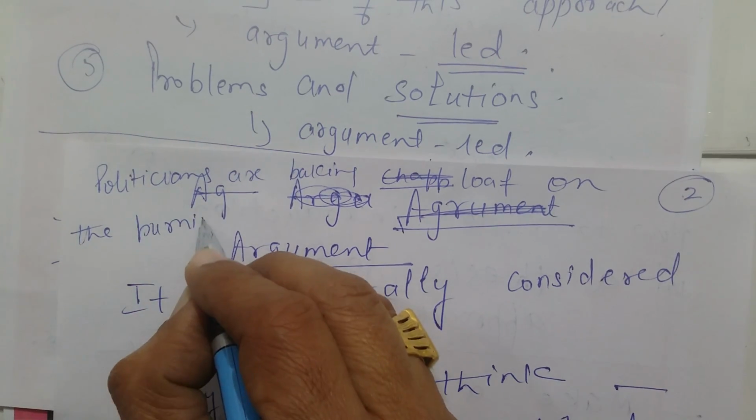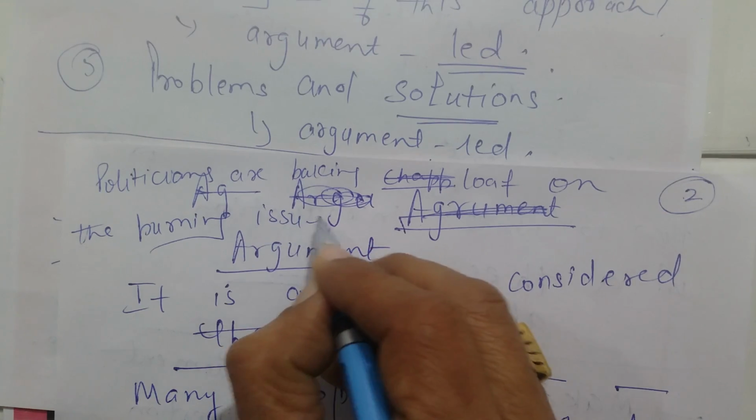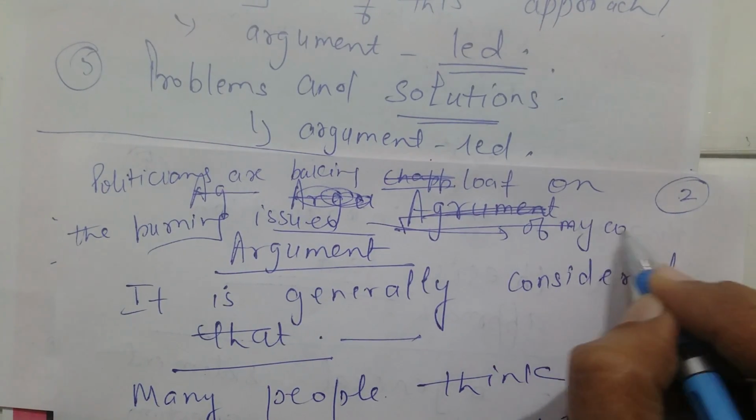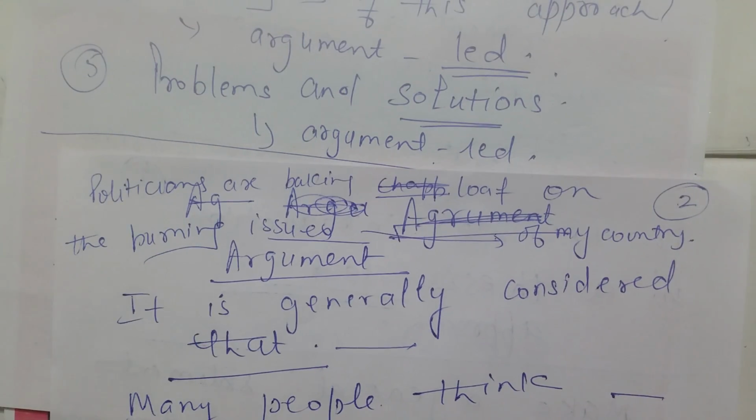बर्निंग इश्यूज। अब बर्निंग में आईएनजी लग गया आपका, राइट, इश्यूज ऑफ माई कंट्री। तो ये मेरी एक लैंग्वेज आ गई, पॉलिटिशियंस आर बेकिंग लॉफ ऑन द बर्निंग इश्यूज ऑफ माई कंट्री। तो ये वही बात है ना, देखो यहां पे जो मैंने फ्रेजल वर्ब को उठाया, बेकिंग लॉफ को, बर्निंग इश्यू सबको समझ आ जाएंगे, बेकिंग लॉफ, लेकिन यहां पे इनडायरेक्ट मीनिंग कुछ हो रहा है बेकिंग लॉफ का, राइट, कि अपना फायदा उठा रहे हैं।